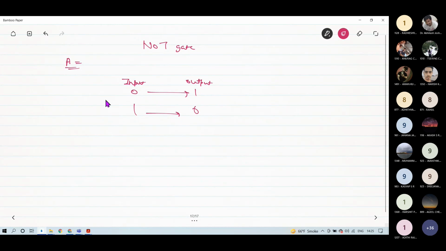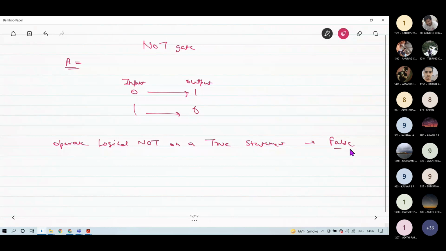So you can say if you operate logical NOT on a true statement, then it will give you a false value.